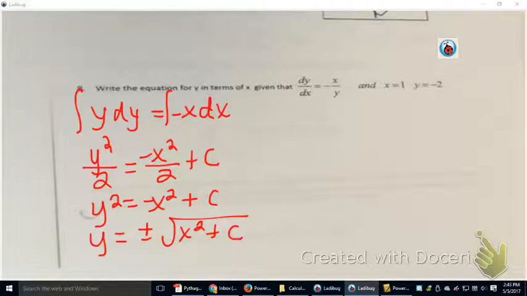Oh, and I left off the negative right here. Okay. So now we have it solved for y, so now we need to figure out what c is. You're going to use these other two values. So -2